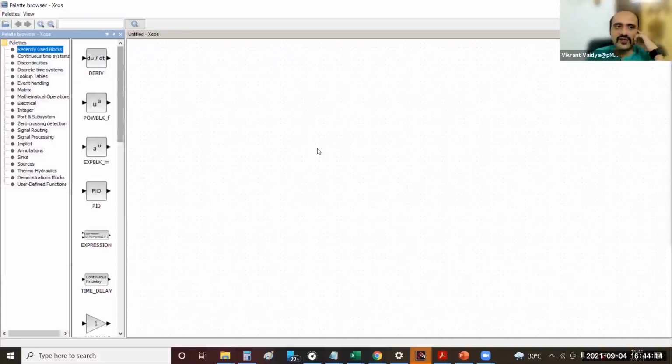So is everyone ready with the merged window, with the palette browser on the left and this blank model on the right? If you are, just give a thumb or just say ready.